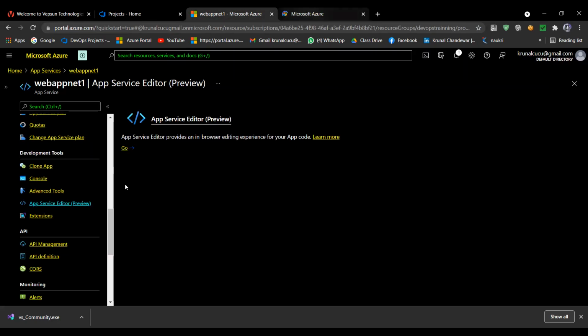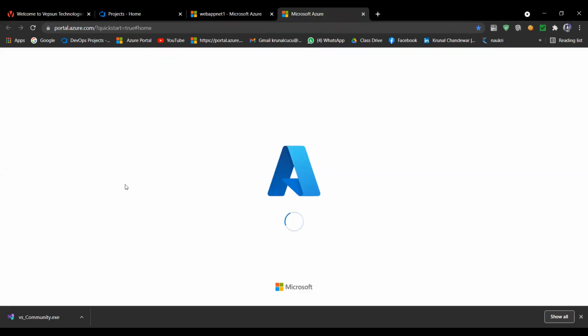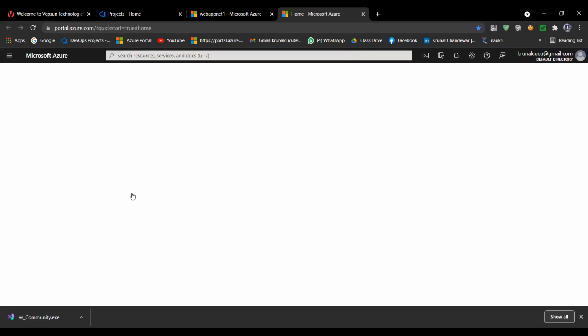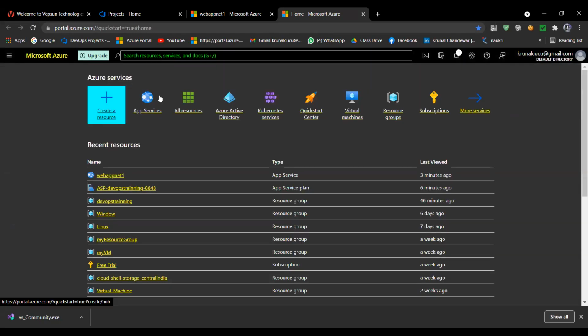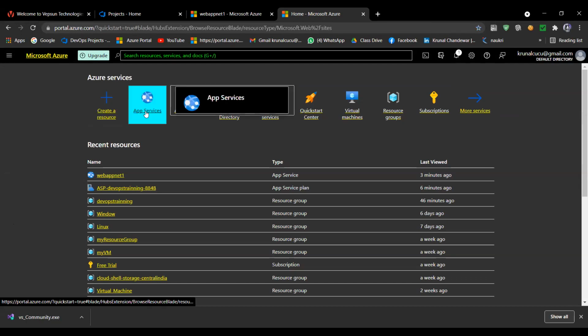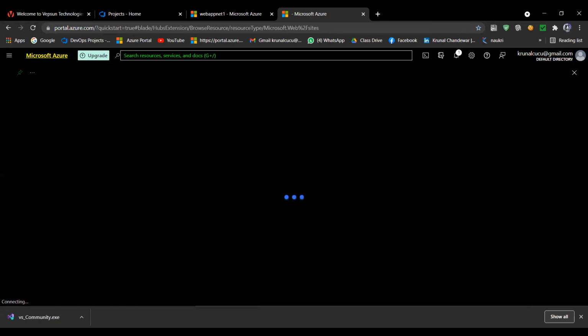Portal. I don't know why today it is taking such a long time. Yeah, open. Then see, go to this app services. Sure. Go to the app service.